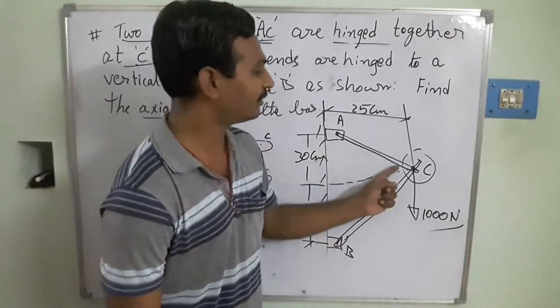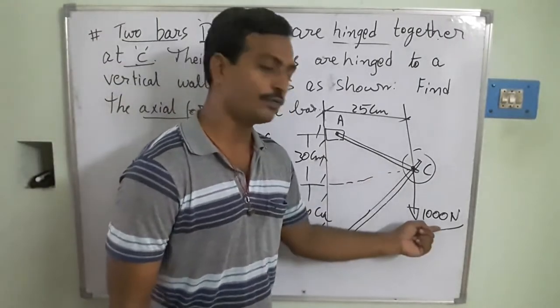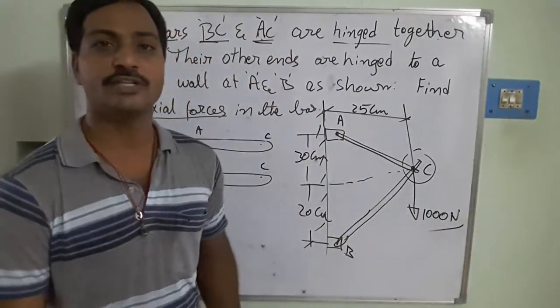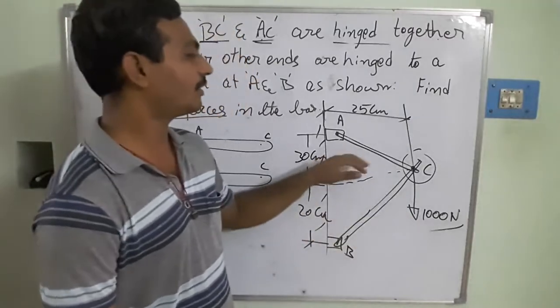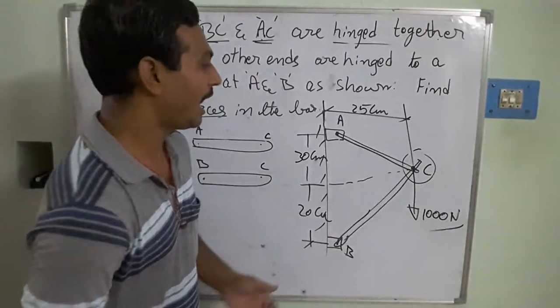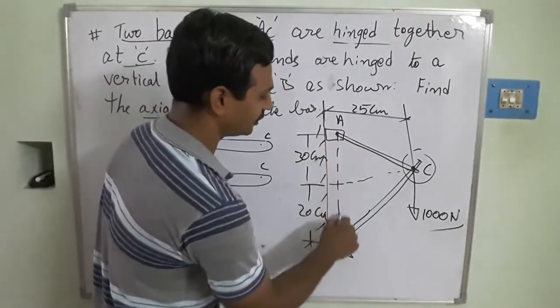And similarly, AC is also subjected to a component of the 1000 newton force, and at point A the reaction forces are going to be generating. By this, we need to draw the free body diagram for point C. Then I am going to try to calculate. Before this, I want to find out what inclination it is going to be making.